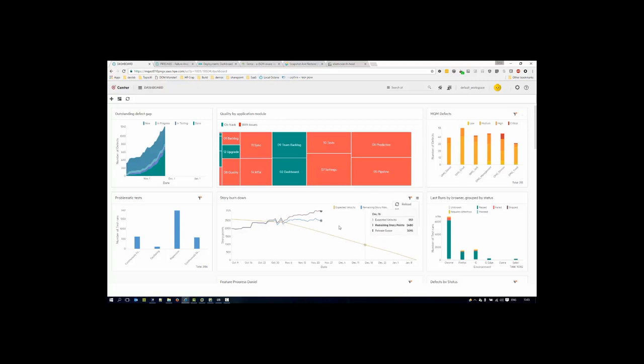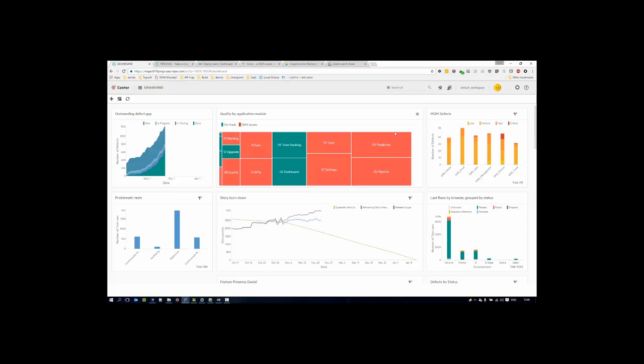Some of the unique widgets we provide is the ability to see only problematic tests, according to whether they're a regression, they started failing recently, whether they're continuously failing, continuously skipped, or oscillating, which means they pass and skip on a regular interval, which probably means there's a problem with the way the test is run or the problem with the environment of the test where it keeps on changing. One more very unique